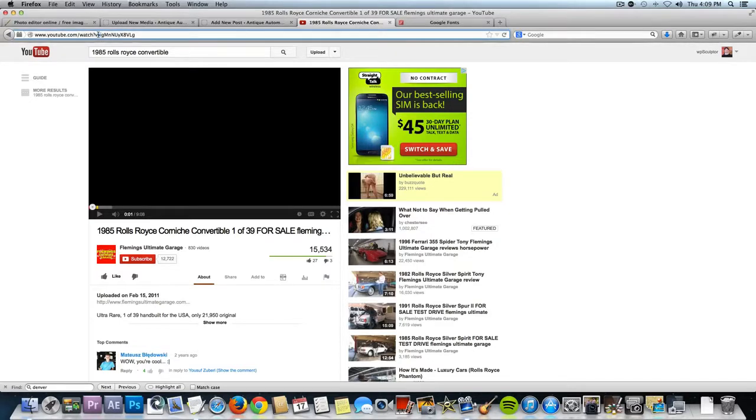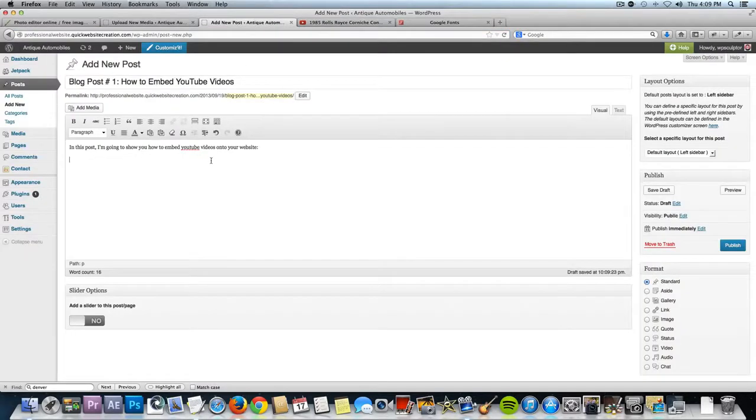It's that simple. As long as you're using the page editor, you'll just copy that, go back in and paste it there, and now the video will show up and take up as much space as it possibly can. It'll take up the full width of the page. So however wide this content area, this text is, that's how wide the video is going to be. So when we click publish,